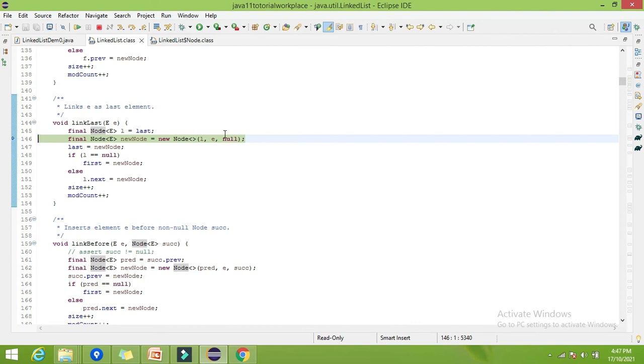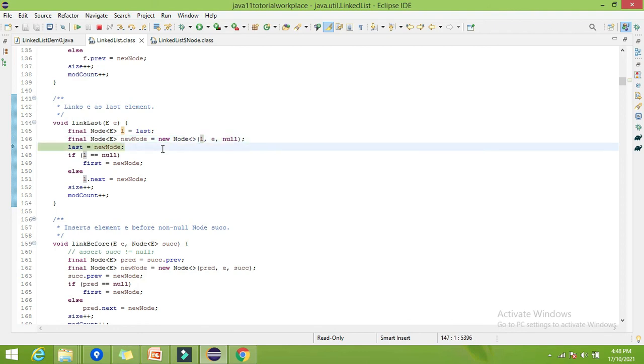Here we are passing e, the element or data which we want to add. Null will be the next, and the first argument will be the previous. For this element abc, previous will be null because we haven't added any element before, and next will be null. Obviously, because this will be the first and last element we are currently adding. So we have created a node which has previous null and next also null.